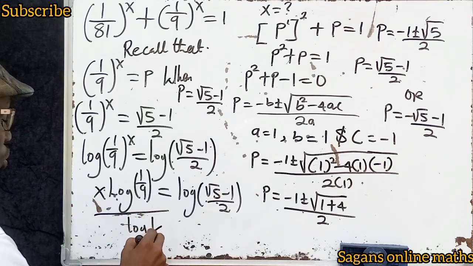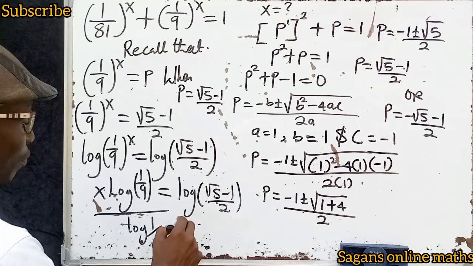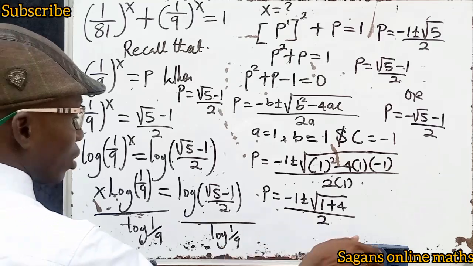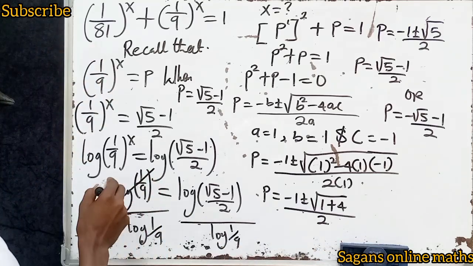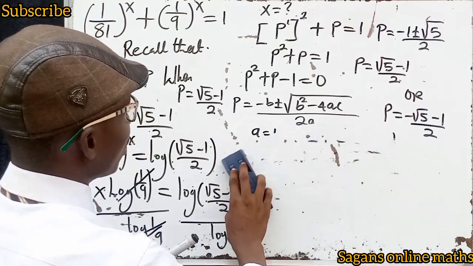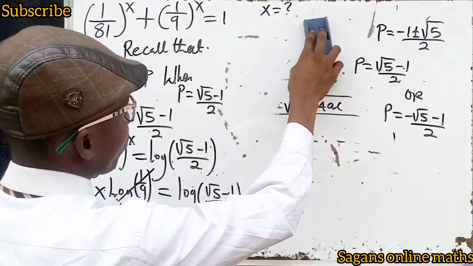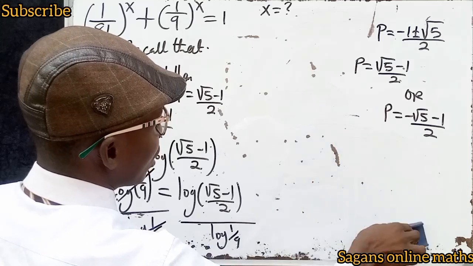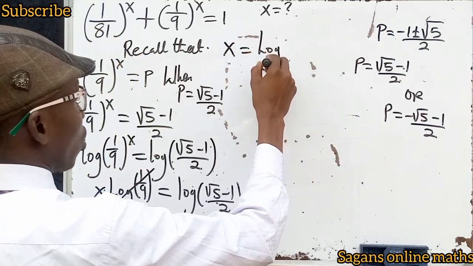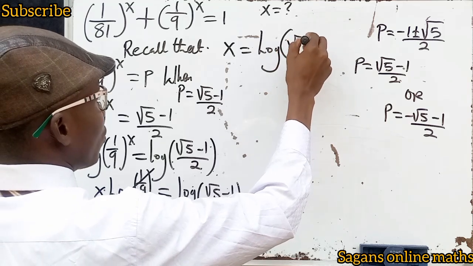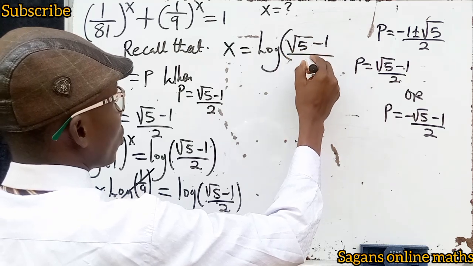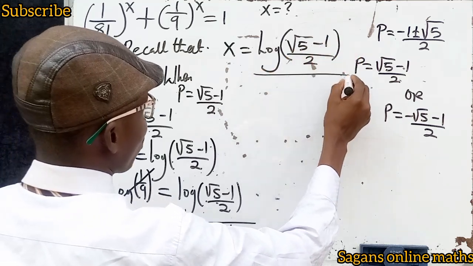For us to have this x, we have to divide both sides by log of 1 over 9. Now this will cancel out, log 1 over 9 divided by log 1 over 9 will go, so we are left with x. That means our x will be equal to log of root 5 minus 1 divided by 2,